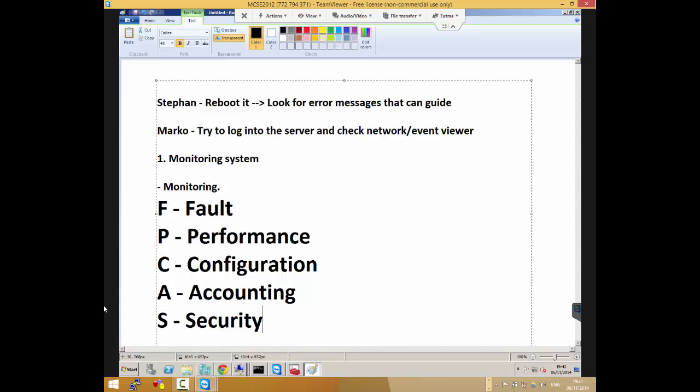I'll give you an example of security monitoring that we have in our current environment, which I think I've mentioned before. We're using PowerShell. So if someone adds someone into the domain admin group, we've configured PowerShell to send an email out to every system admin that somebody has just been added into the domain admin group. So that's a way to monitor for security.